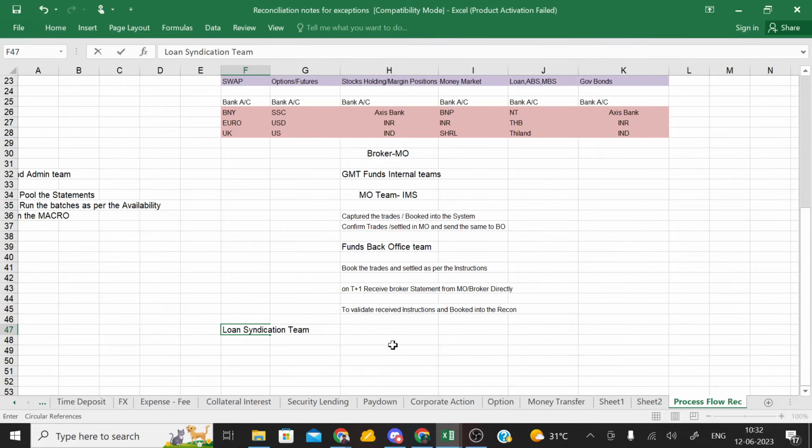That team you can call a BD, bank debt team also, where they take care of loans, buy and sell, pay downs. Pay downs means the portion that the counterparty, or let's say the fund, returns of the principal or main loan amount. Pay down,